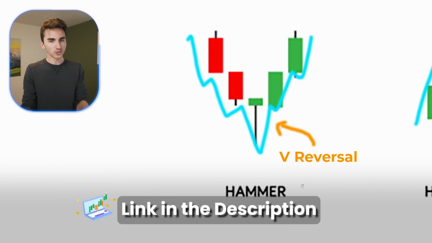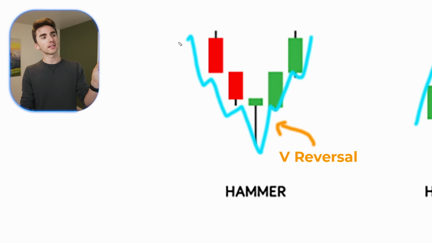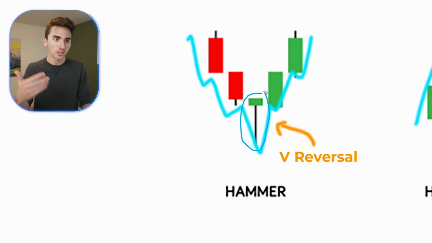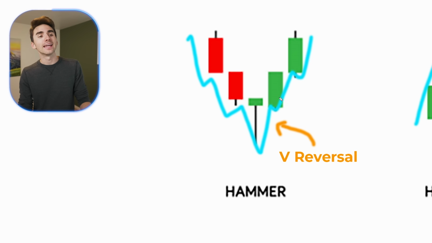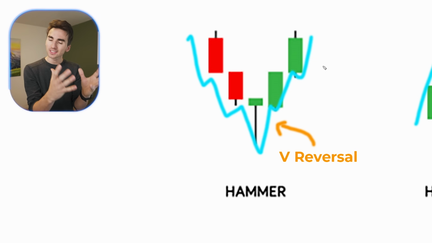And so first off, with this basic candlestick pattern right here, this hammer candlestick, this one's a pretty simple one. There's nothing crazy to it. It's actually using that dragonfly doji we just talked about, and all it's doing is showing you that there is a consistent downtrend followed by a dragonfly doji or hammer candlestick pattern at the bottom, and then the market just continues higher. And so this is really just a V bottom, V reversal,